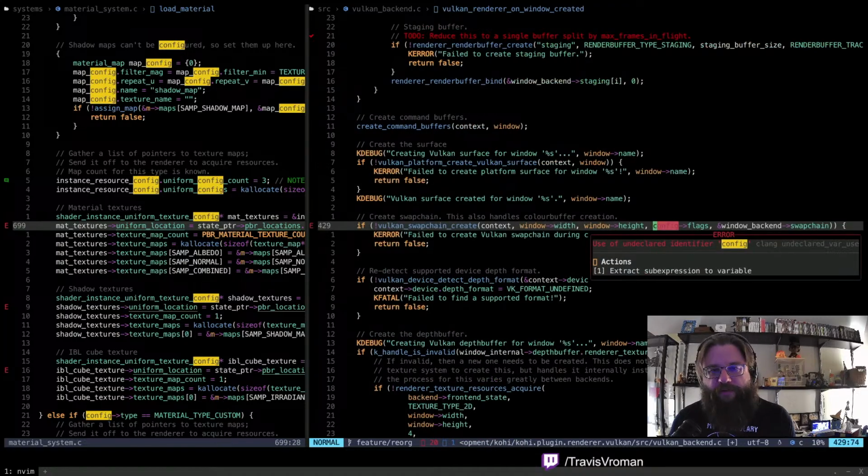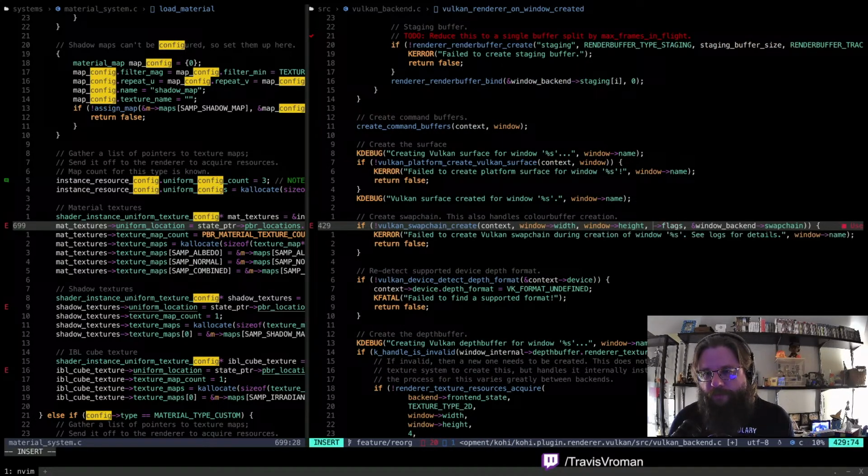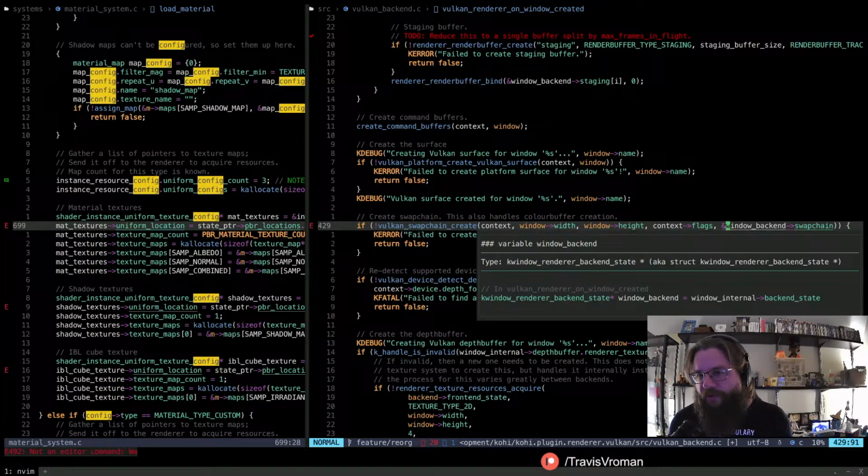And then I'll have what I need. Window backend swap chain. Why is... Do we not have... We do have that.